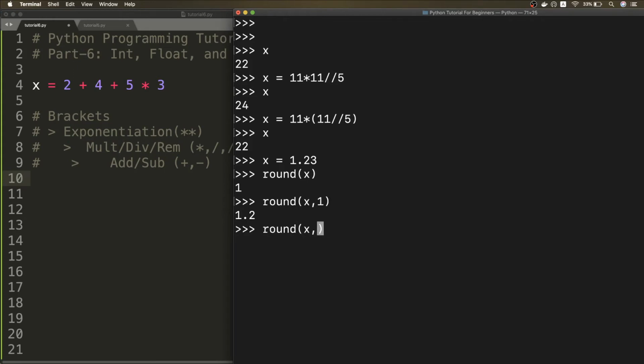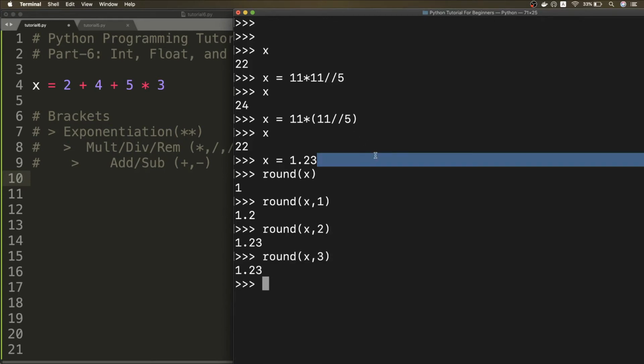If we want to round it to 2 places, we get the same number because we have only 2 places here. Let's see what happens if we round it off to 3 places. Nothing happens because we don't have anything over here, so it basically does not do anything if we round after 2.